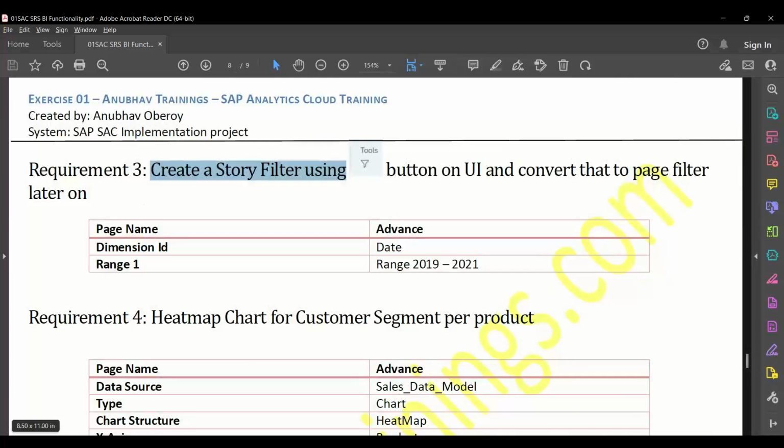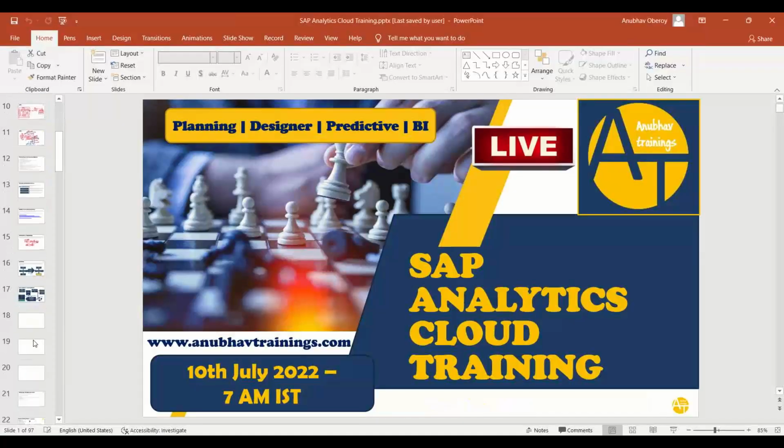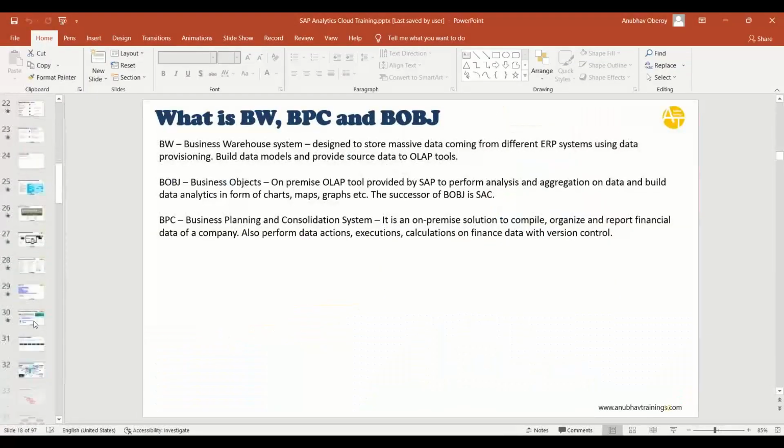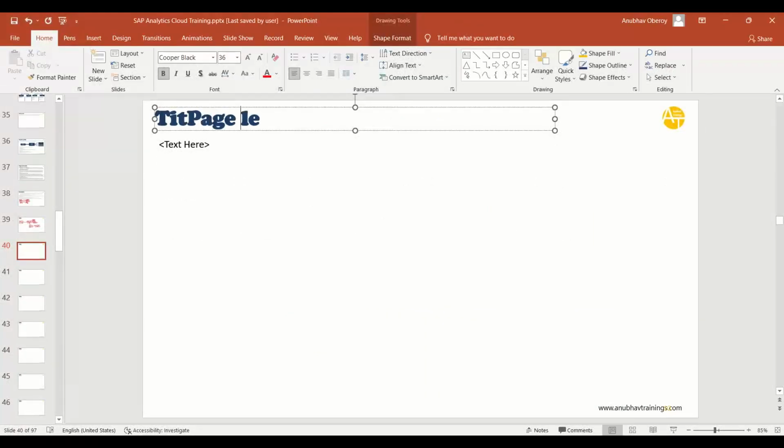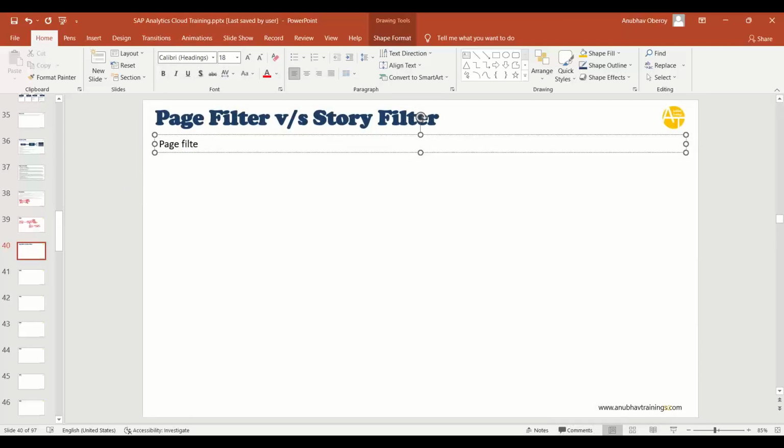Okay, what's the difference between page filter and story filter? It's an interview question also. What is the difference between page filter and story filter in SAC? As the name suggests, page filter applies the filtering criteria only to the single page, means current page. But a story filter